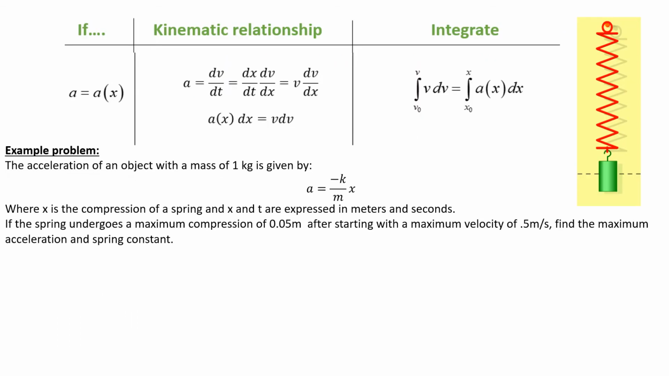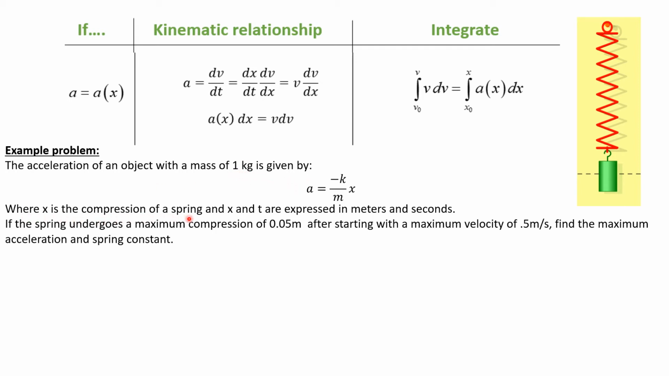Here's an example for the second scenario. We have some kind of an acceleration, and this equation is dependent on our position. And these problems would involve things like a mass on a spring. So force equals kx equals ma. So a is equal to, we have our spring constant over the mass, and x would be the compression of the spring. So the acceleration of an object with a mass of 1 kilogram is given by this equation here,